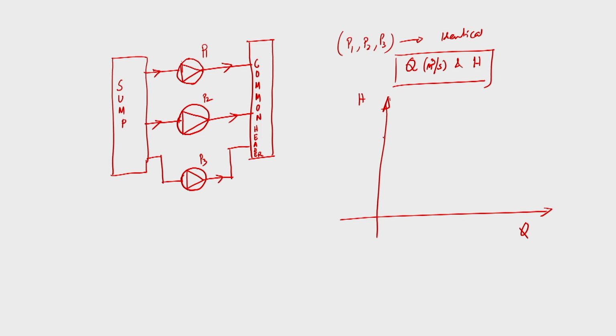Suppose the H-Q curve for a given pump is like this. P1, P2 and P3 are separate pumps altogether, because that is operated by a diesel engine only, to bring out the safety of the system. Now, if P1 and P2 are both connected in parallel only to have higher discharge, what will be the head discharge characteristics? Because both are identical, we will get this. This is two pumps running in parallel, and this is a single pump.